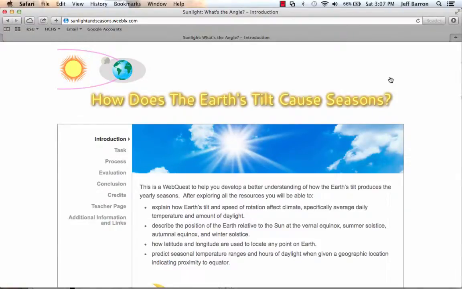This is a Webquest to help you develop a better understanding of how the Earth's tilt produces the yearly seasons. After exploring all the resources, you will be able to explain how Earth's tilt and speed of rotation affect climate, specifically average daily temperature and amount of daylight,